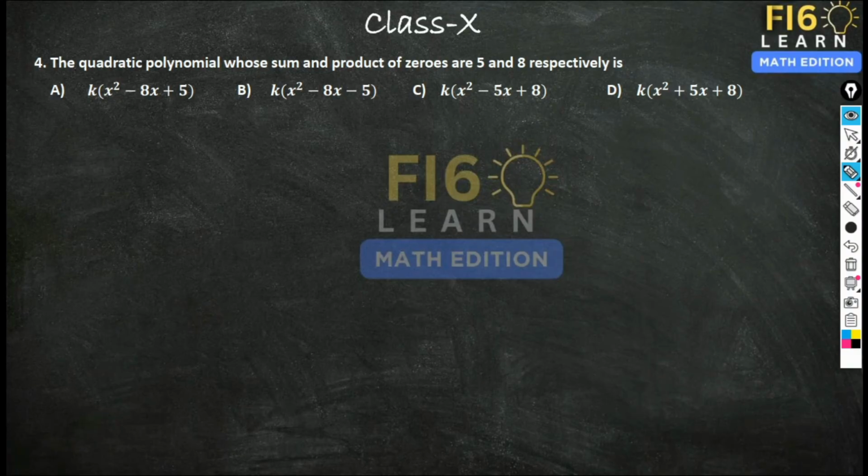Let us go to question number 4. The quadratic polynomial whose sum and product of zeros are 5 and 8 are respectively. We have to find the quadratic equation. Sum of the zeros and product of the zeros are given. So the formula for the general form of quadratic equation is